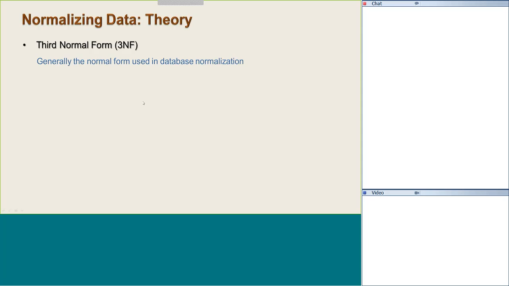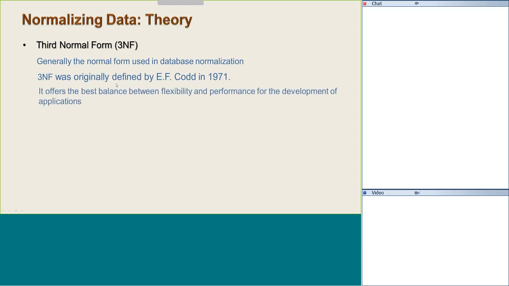Generally, the normal form used in database normalization. Again, Edgar F. Codd in 1971 took his second normal form definition and expanded it to third normal form in order to get a better balance between flexibility and performance for the development of applications. Because this is the key, as I'm sure you're all aware, when you are building applications, there is